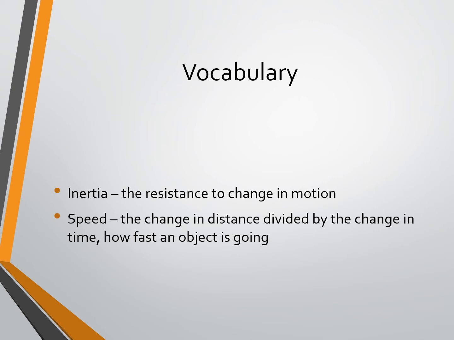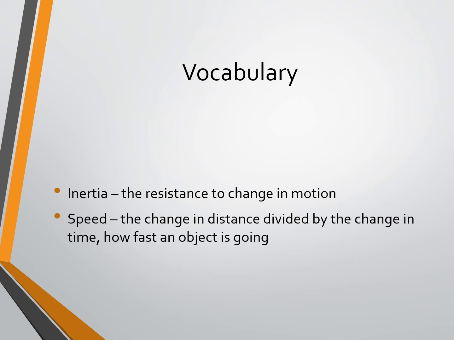All of those things are related to speed, just how fast you're going. In context to Newton's first law of motion, speed is just going to be the same value. If you're going at 65 miles an hour, you've put your car onto cruise control, and it's just going to keep going at 65 miles an hour. That's kind of the goal for keeping speed the same in relation to Newton's first law of motion.